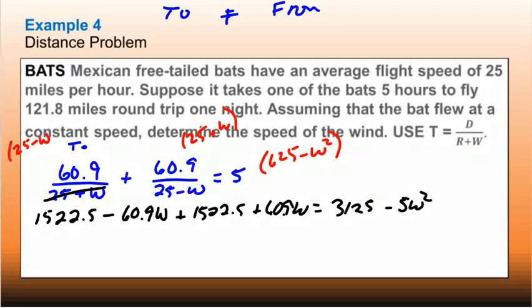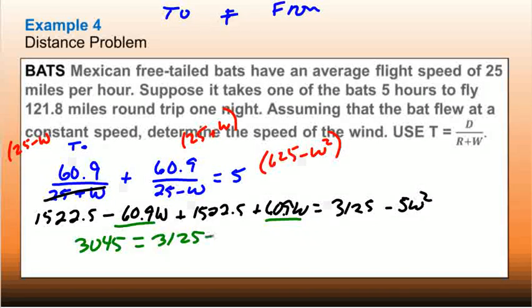I'll simplify this further. These will cancel off, and now I have 1522.5 plus 1522.5. That gives me a total of 3045